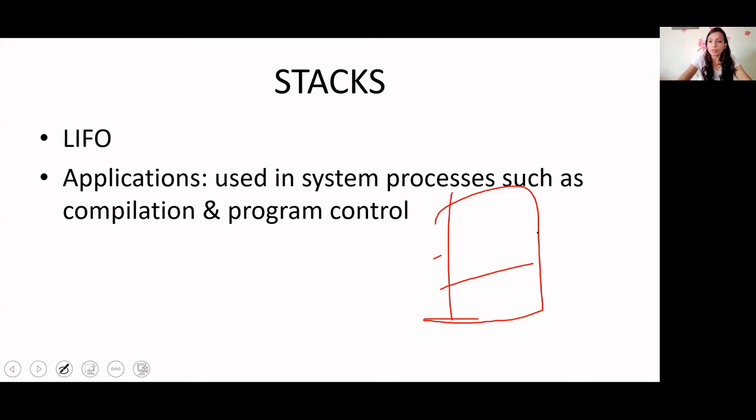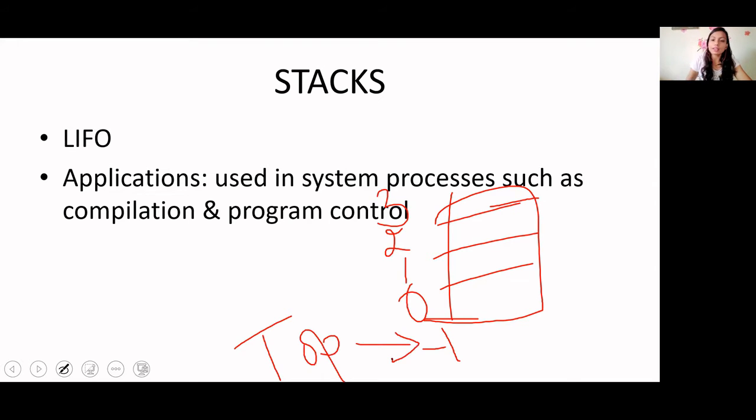So how many spaces are there in this array? 4 spaces are there, starting from 0. So this position is minus 1. Initially there will be a variable called top. It will point to minus 1. So assume I want to insert 4.